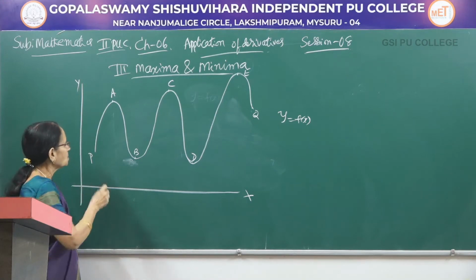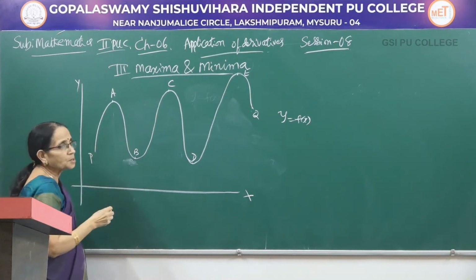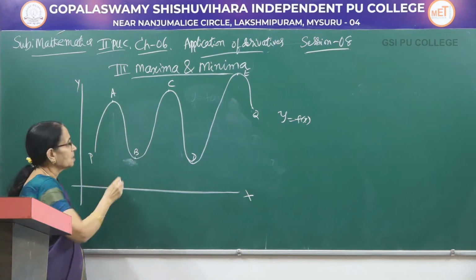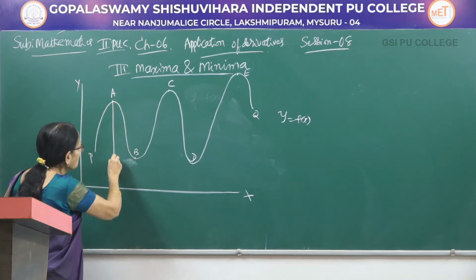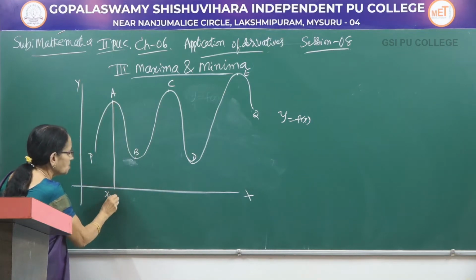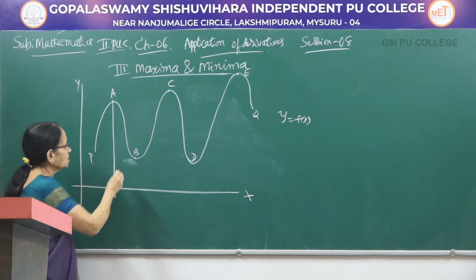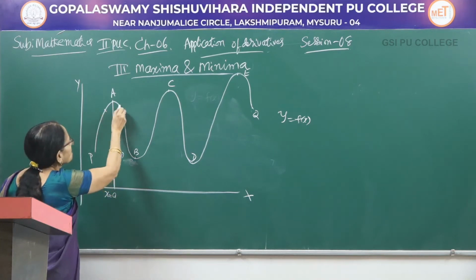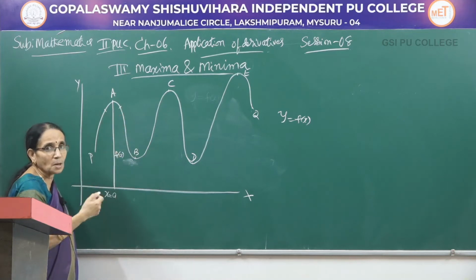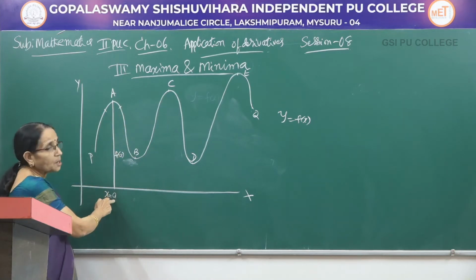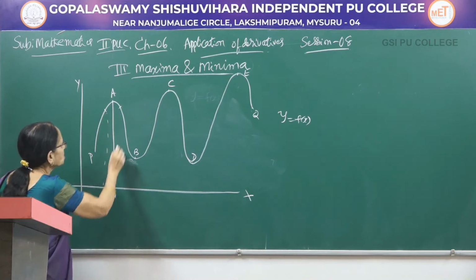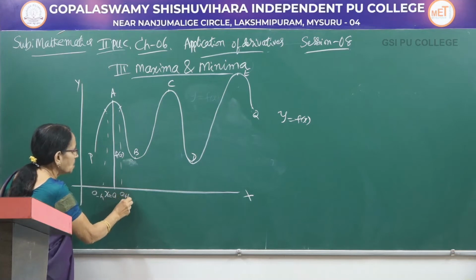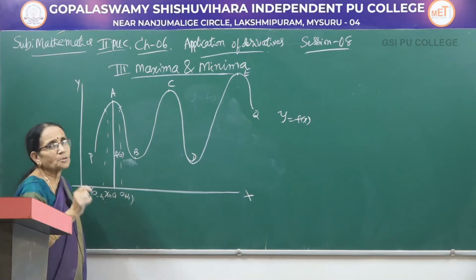greater than 0. Now, from P to A, the function is increasing, and from A to B, the function is decreasing. Say at this point, suppose the value of x is equal to a, let me take, then this would be equal to f(a). You take a small neighborhood of this one, or a small interval which involves the value x equal to a. Suppose you draw the line like this here, it may be a minus h, a plus h, where h is a positive quantity.